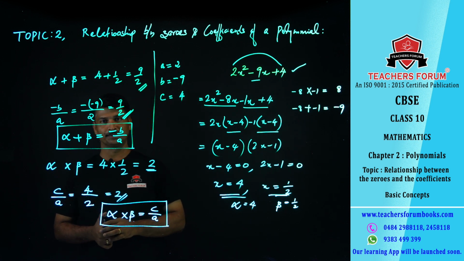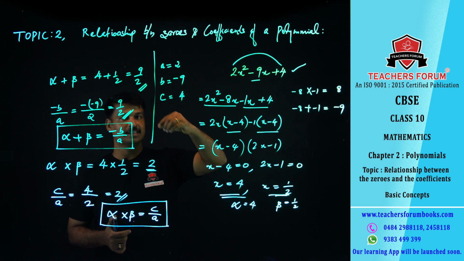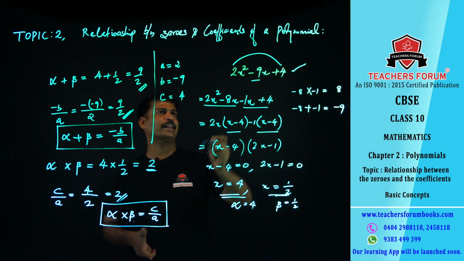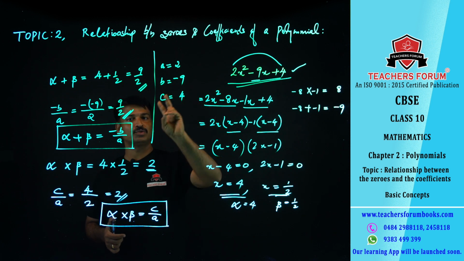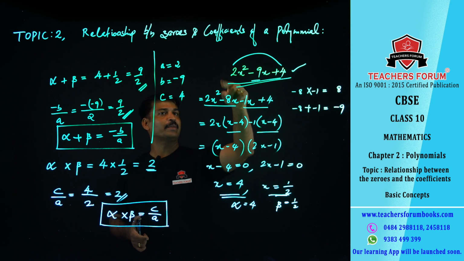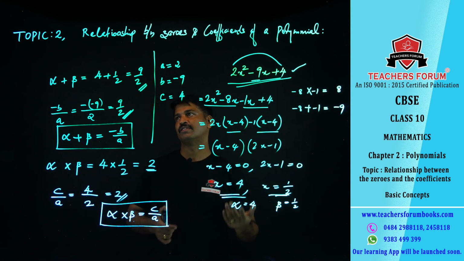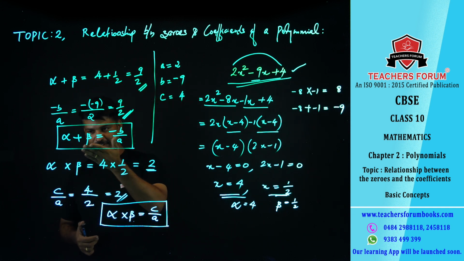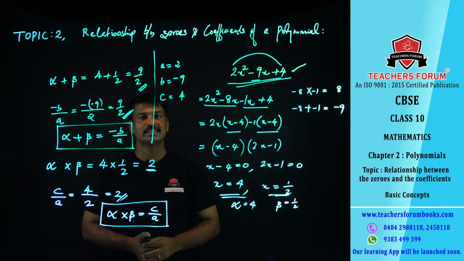I think it is clear to you. Okay. So it's a quadratic polynomial. A quadratic polynomial is a polynomial whose degree is 2. Here, just for an example, this is a quadratic polynomial, isn't it? So it will have two zeros, that we have discussed in the earlier topic, in topic 1. So it will have maximum 2 zeros, and here we found what are those 2 zeros, and we found the sum of zeros, and that is equal to minus b by a. Then we found what is the product of zeros, alpha into beta, that is also equal to c by a.